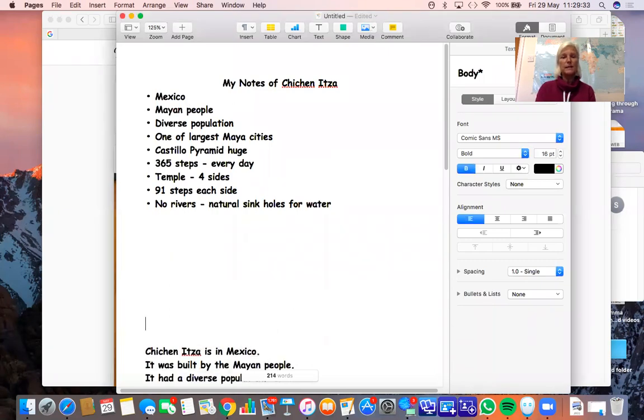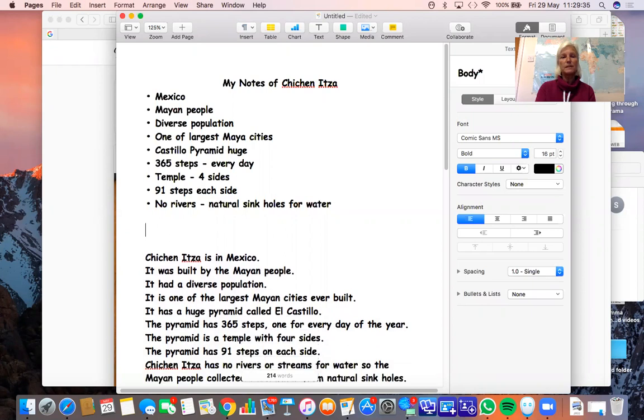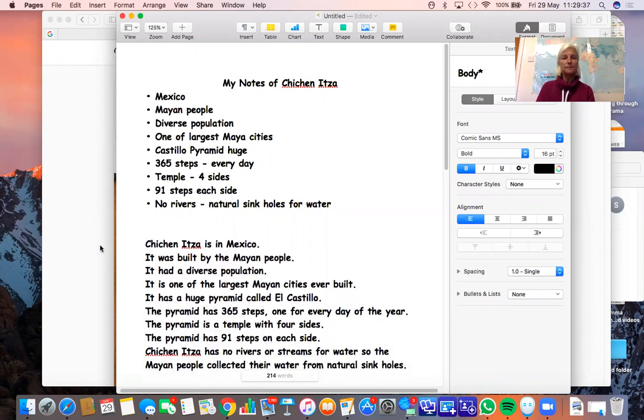So I've done some here. I'm going to read them together and see what you think of my sentences. Chichen Itza is in Mexico. It was built by the Mayan people. It had a diverse population. It is one of the largest Mayan cities. It has a huge pyramid called El Castillo.